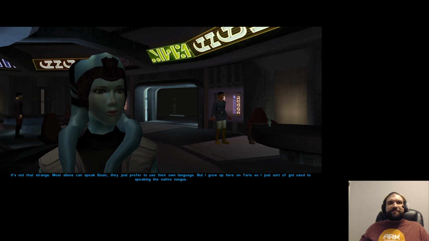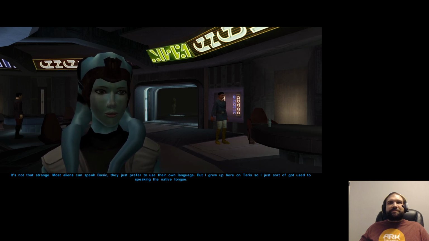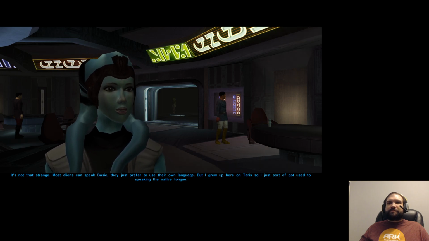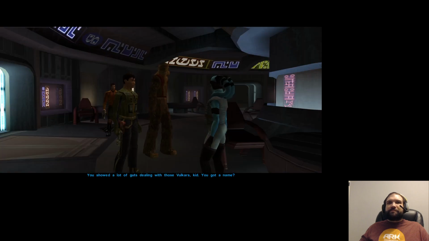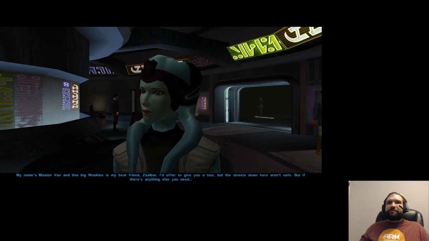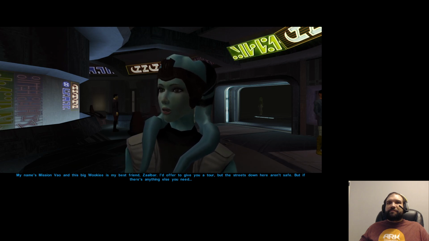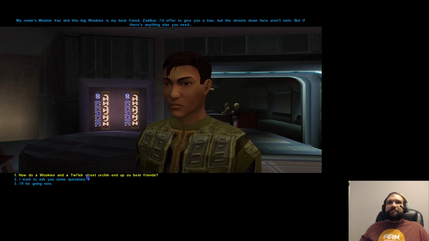It's not that strange. Most aliens can speak Basic, they just prefer to use their own language. But I grew up here on Terrace, so I just sort of got used to speaking the native tongue. You showed a lot of guts dealing with those Vulkars, kid. You got a name? My name's Mission Vao, and this big Wookiee is my best friend Zalbar. I'd offer to give you a tour, but the streets down here aren't safe. But if there's anything else you need...